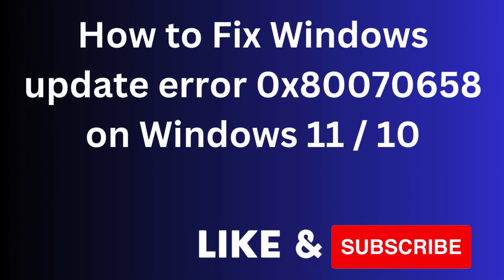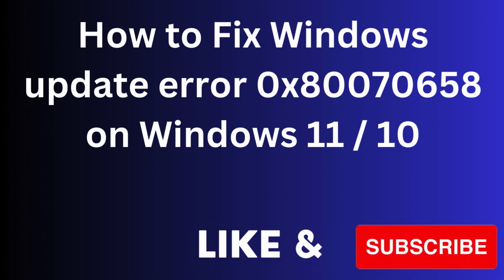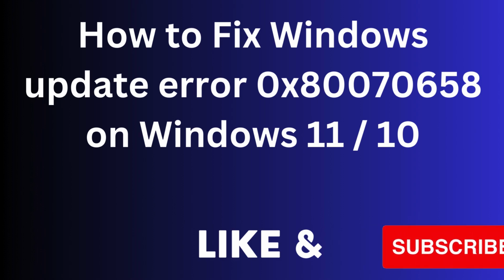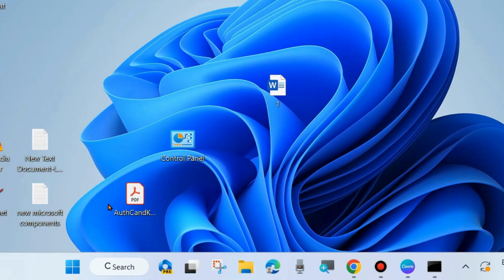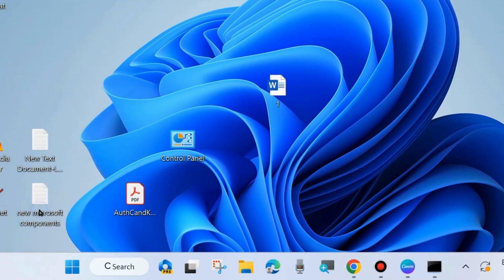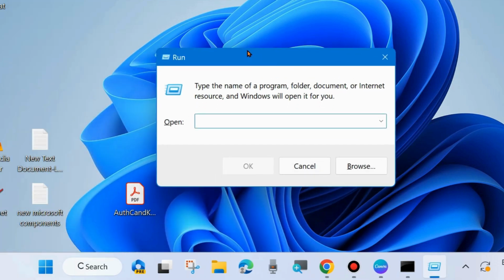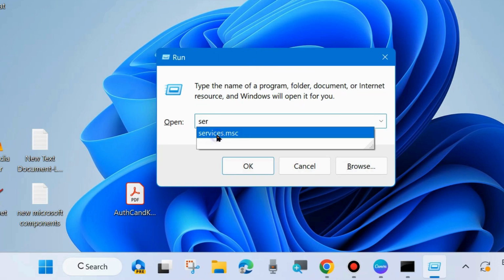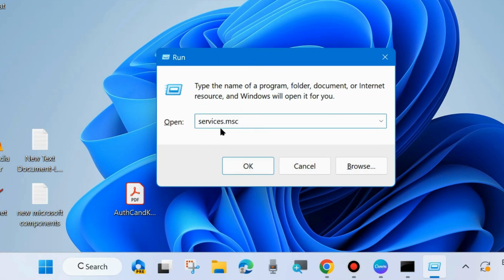How to fix Windows Update error code 0x80070658 on Windows 11 and Windows 10. If you are trying to install Windows latest update and having error, then here are the fixes. The first workaround is press Win plus R shortcut key to launch Run dialog box, and here type services.msc